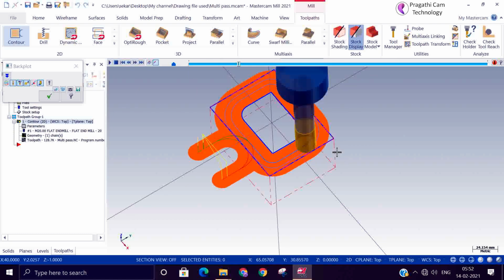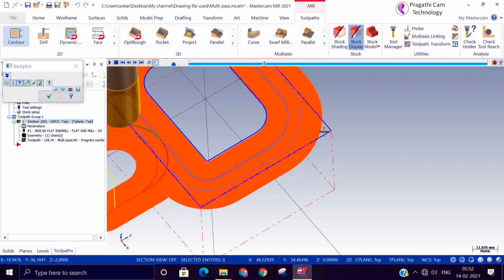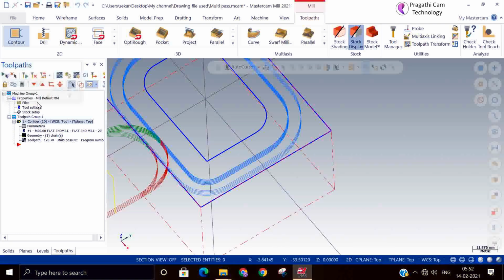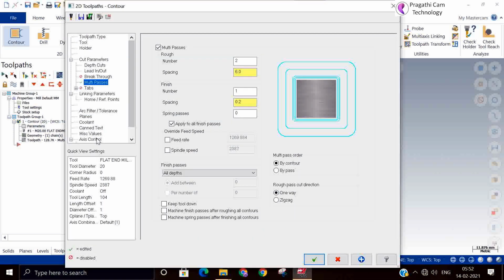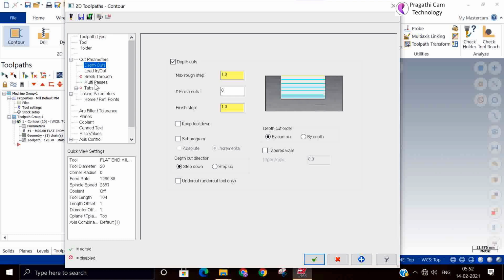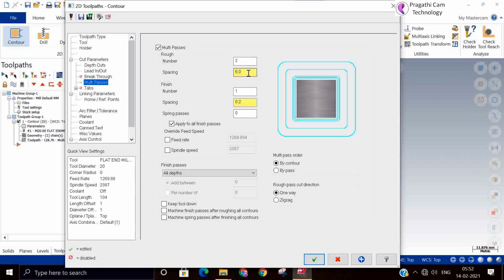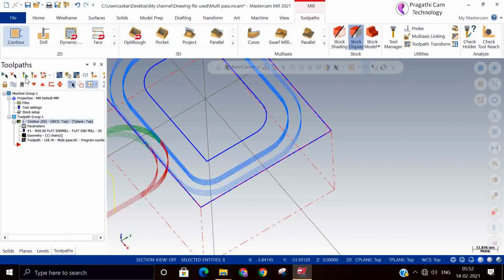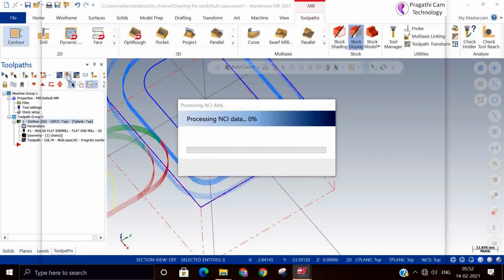Still some more material left on the other corner. Okay. So we'll increase the step over. It's a 12 cutter only. So I just increased.